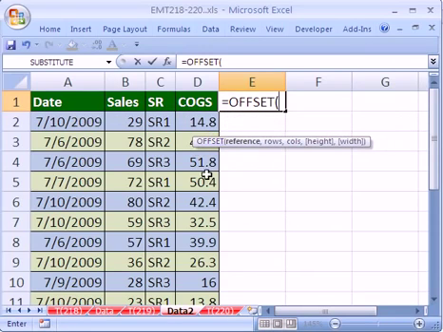And there are 5 arguments. First argument is where do you want to start? From that starting position, do you want to go up and down any rows, left and right any columns? Then you have to tell the offset how tall the range is and then how wide it is. All right, we'll start with the first one. Where do we want to start? A1. Now I'm going to hit F4 because we have to lock that for our name,